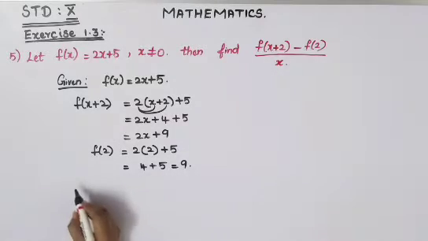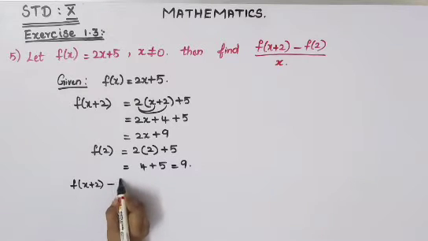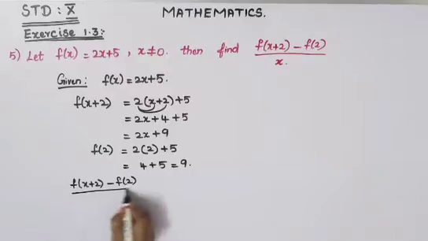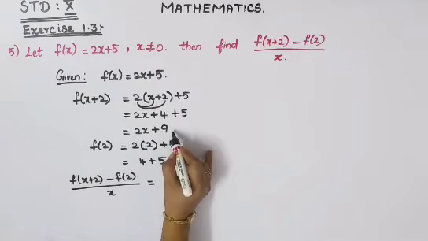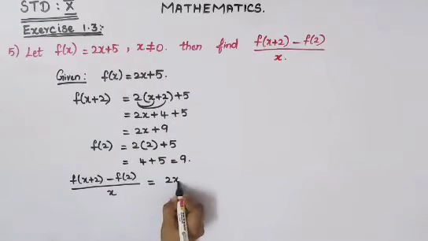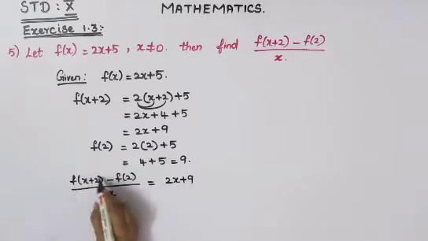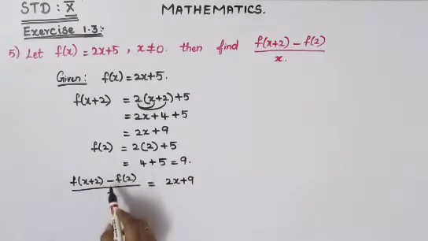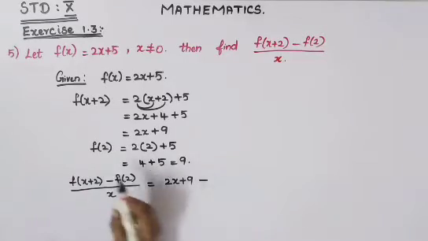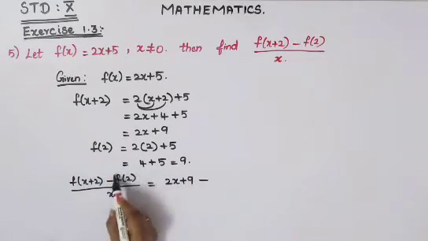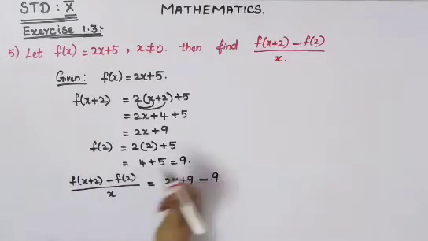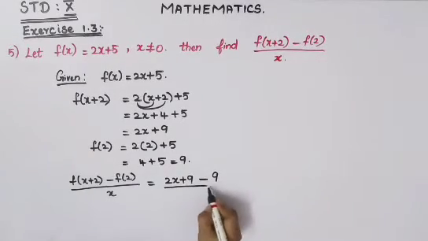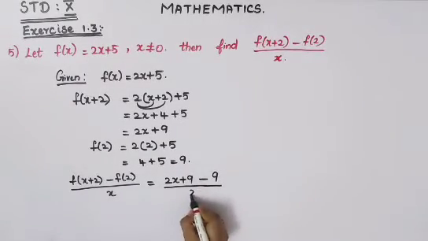So now you have got this value as well as this value. So now the whole thing you will have to find. So write that whole thing as it is, f of x plus 2 minus f of 2 divided by x. So your first part answer what we have got, write it here, that is 2x plus 9 instead of your f of x plus 2. Okay, so minus, you leave it as it is. Then f of 2 answer is 9. So in this place f of 2 you will have to put 9. This minus is because they have given minus only. Okay, whole thing divided by x is here, so put that x as it is.